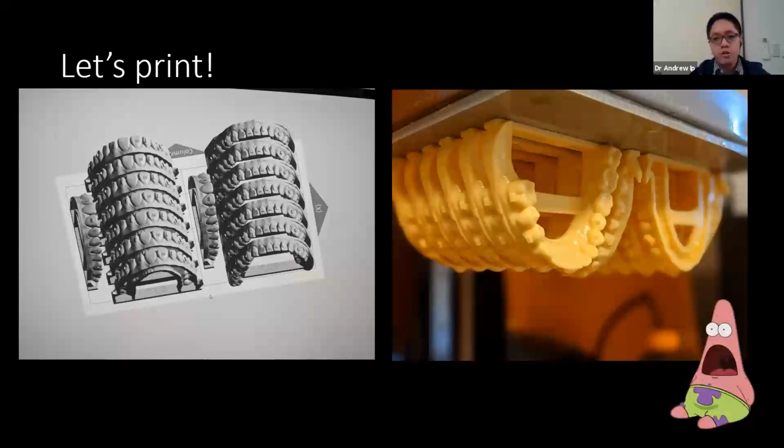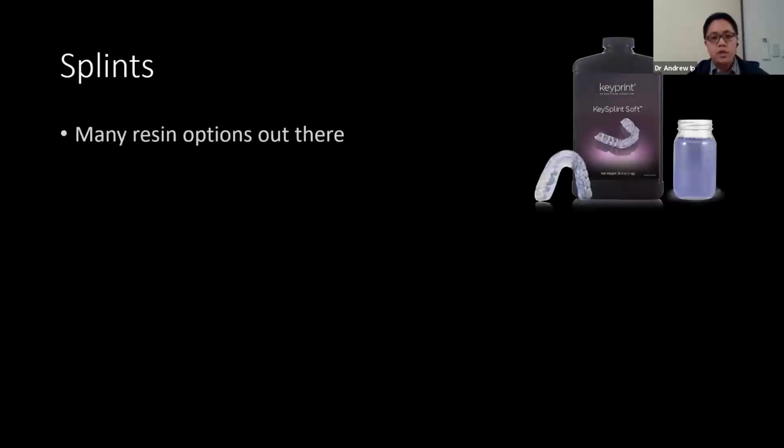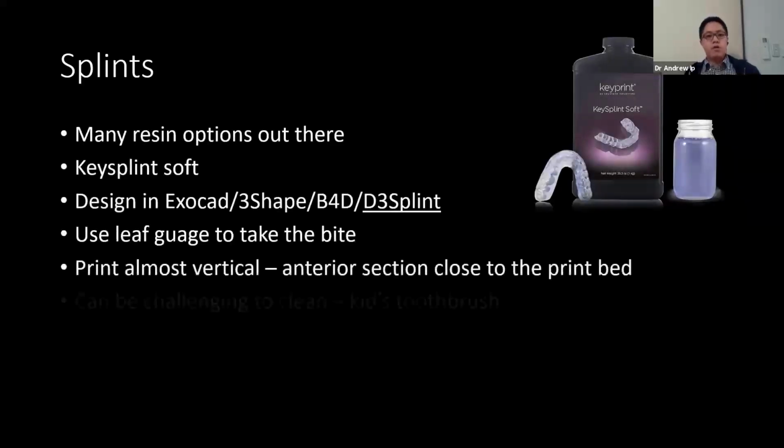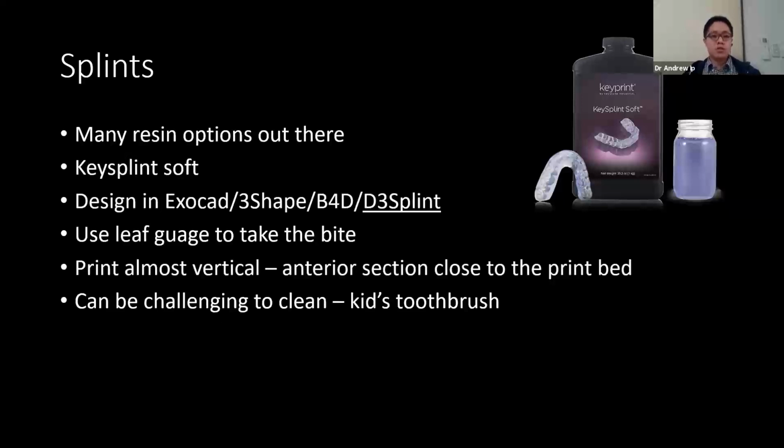And then after that, you're going to thermoform. Okay, let's talk about splints. Now, there's many resin options out there, and really, I've used a lot. I still go back to Key Splint Soft. It's a very good material. I really like it. My patients love it. It feels like a hard soft splint, so it does feel quite hard, but it does have that flexibility. Okay. What I would recommend is when you take your bites for the splints, you use a leaf gauge,